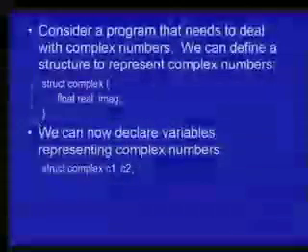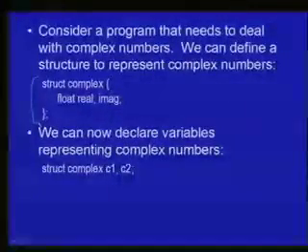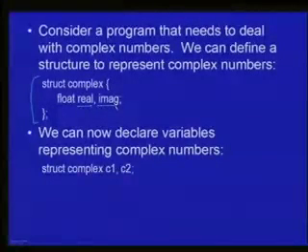So the ideal representation would be where a single variable stores both these parts, and therefore we declare a struct complex which defines a new type for complex numbers. You can see that there are two fields of the structure with names real and image, and both are of type float. So this complex number will have two parts, a real part and an imaginary part, which are both floating point